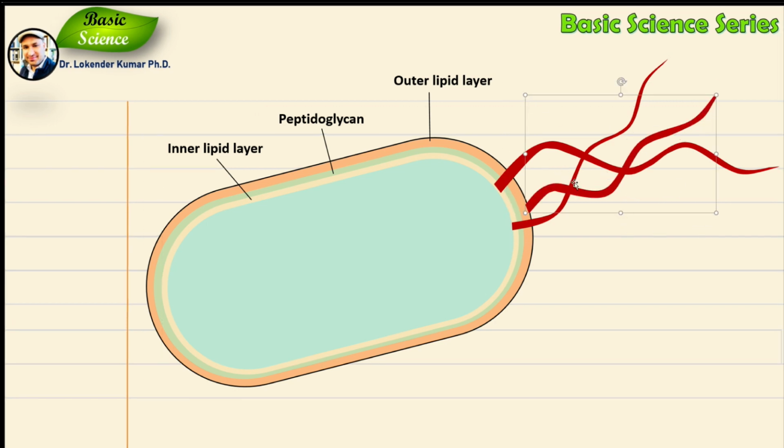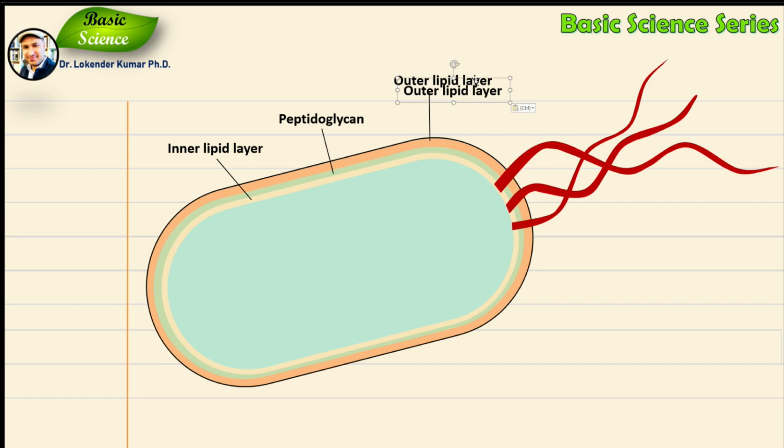So basically bacteria use these structures to move in aqueous environmental conditions, and they are also used for movement on solid surfaces or semi-solid surfaces like agar media and all those things. So flagella perform various functions, right? So right now you have flagella and the outer layer, peptidoglycan, and the inner layer. Okay, so I'm going to label the flagellum,